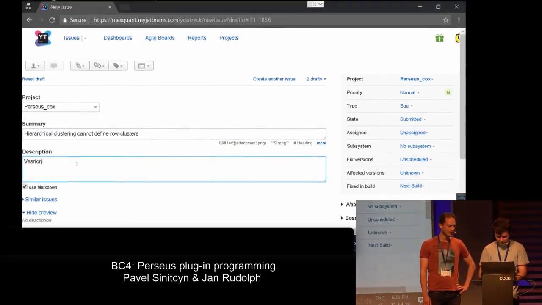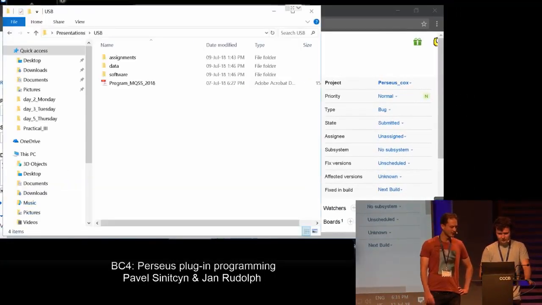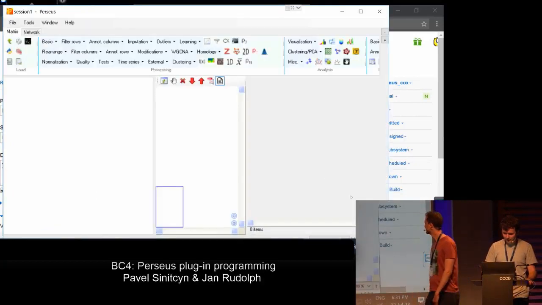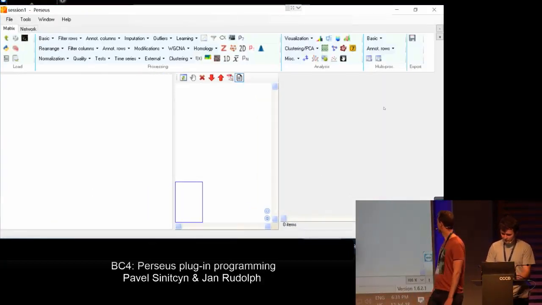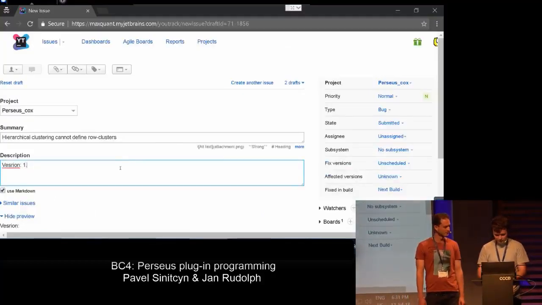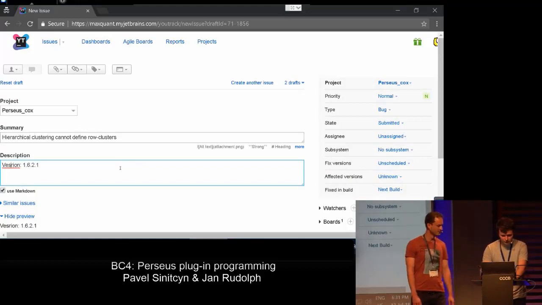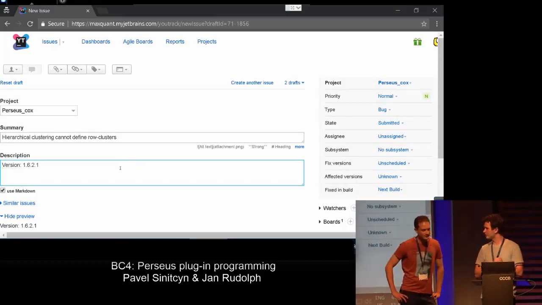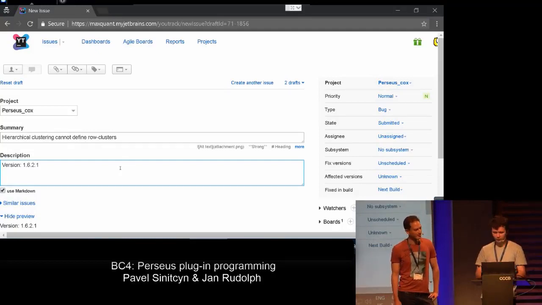Oh, that you have to look. In every Perseus, in the bottom right, there's this version number. Yeah, let's run it. So the version was 1621. Yeah. 1621, and version. And let's say something, a hint that really helps us to find out. Probably